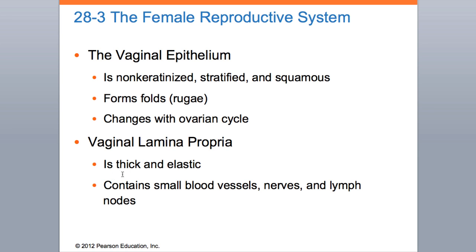Remember, the vaginal wall is thick and elastic, contains blood vessels, nerves, and lymph. Now, this is where I heard about some weird things where some people will put vodka dipped in you-know-what and put it in you-know-where. Now, vodka, being a strong alcohol, can be absorbed by way of the blood vessels in the vaginal tract. I just want to let you know what some people are doing and how dangerous that can be. That can get you drunk real quick. Too much alcohol absorbed that way. Next,